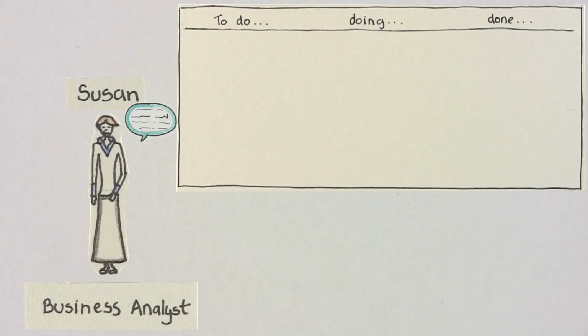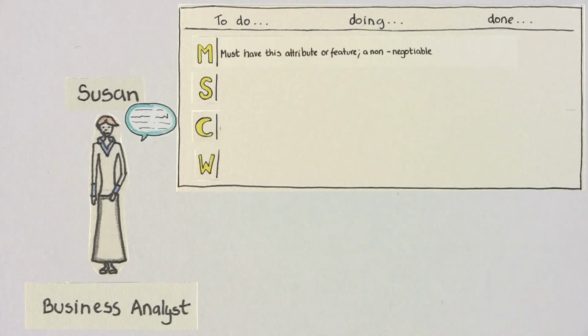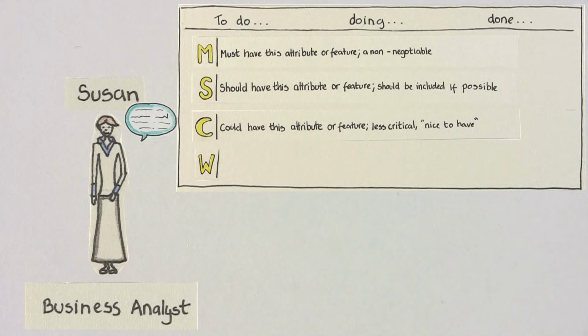Thanks, Bill. To make prioritization easier, we use a method called MoSCoW. The main letters stand for M for must have, S for should have, C for could have, and W for won't have. Must have means that the system must have this attribute or feature and is non-negotiable. The system cannot be used without this story. Should have is where a story has high business value, but the system could function without it, but it would be included if possible. Could have is a story that we would like, but is less critical, more a nice to have. We use won't have to mark stories that offer the least business value and will not be included now, but in the future.